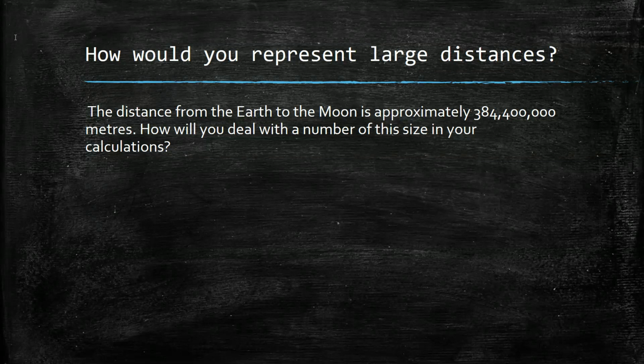Well, when you're doing calculations, let's say we are using a car to travel from here to the Moon. Let's say the speed is 110 kilometers per hour, which is roughly equivalent to about 30 meters per second. I want to show you how, using scientific notation, this kind of calculation can be made simpler. If we want to see how long it would take to travel such a distance, we would usually write something like